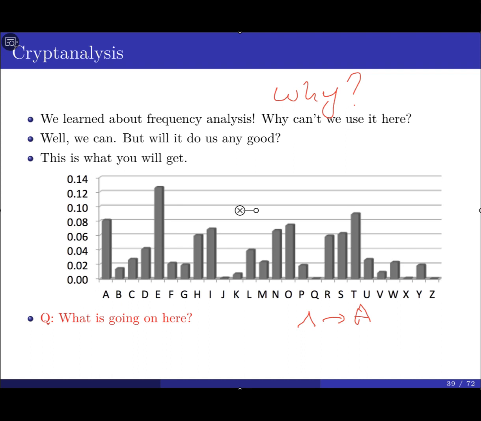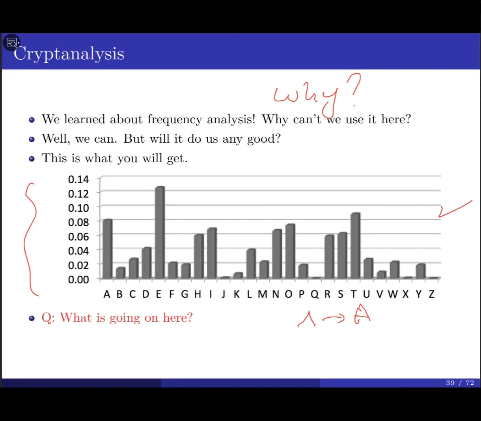Exactly. We just rearranged the positions of the letters there. I didn't change, for example, how many times A appears. But does the location affect how many times a specific letter occurs in the ciphertext? No, it's going to be the exact number of times that it appears in the plaintext. So if you try to create, let's say, this graph, this is going to be the plaintext, and it's going to be the same one that you got in the ciphertext. So in this case, you cannot use frequency analysis to decrypt the message here. Okay?